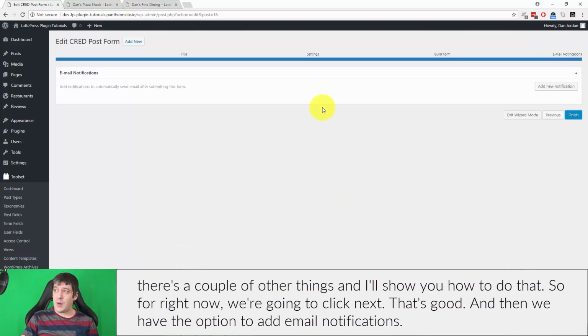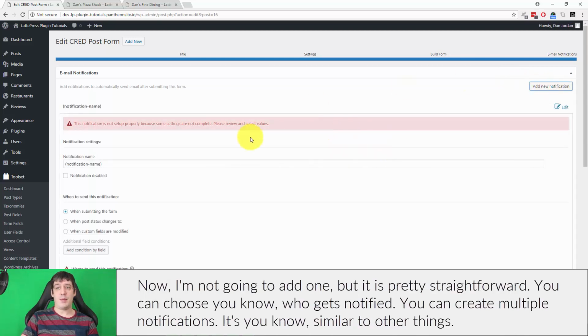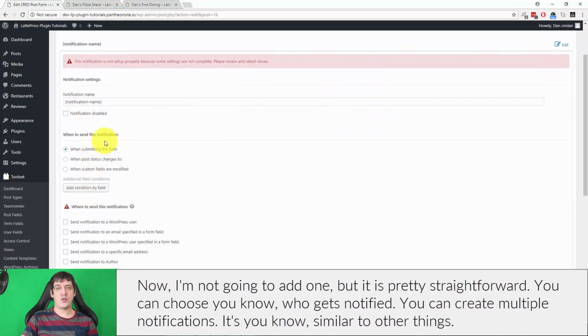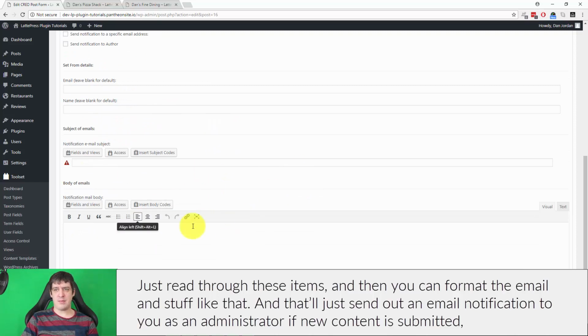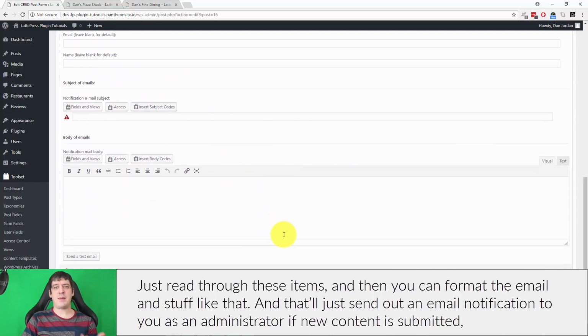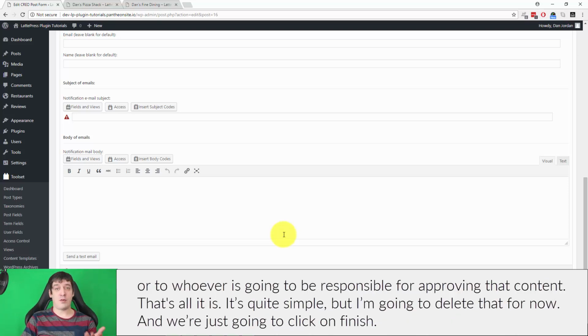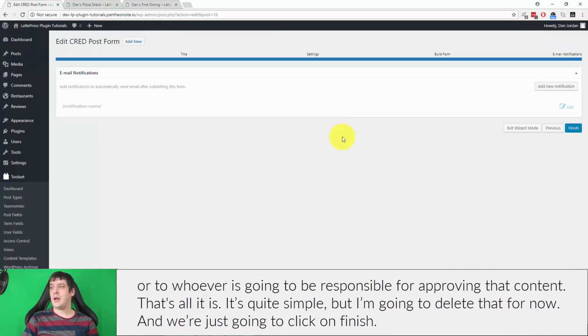That's good. And then we have the option to add email notifications. Now, I'm not going to add one, but it is pretty straightforward. You can choose who gets notified. You can create multiple notifications. It's similar to other things. Just read through these items, and then you can format the email and stuff like that, and that'll just send out an email notification to you as an administrator if new content is submitted, or to whoever is going to be responsible for approving that content. That's all it is. It's quite simple, but I'm going to delete that for now,